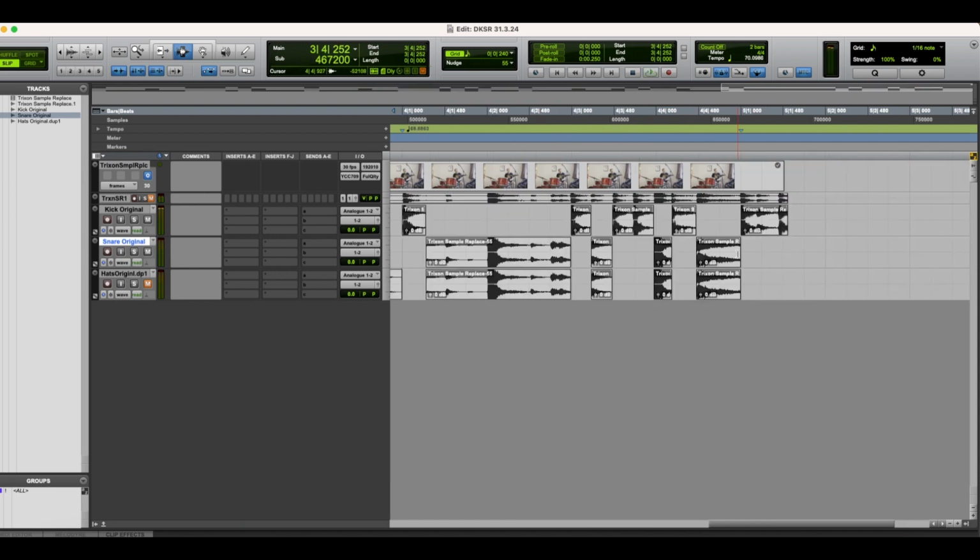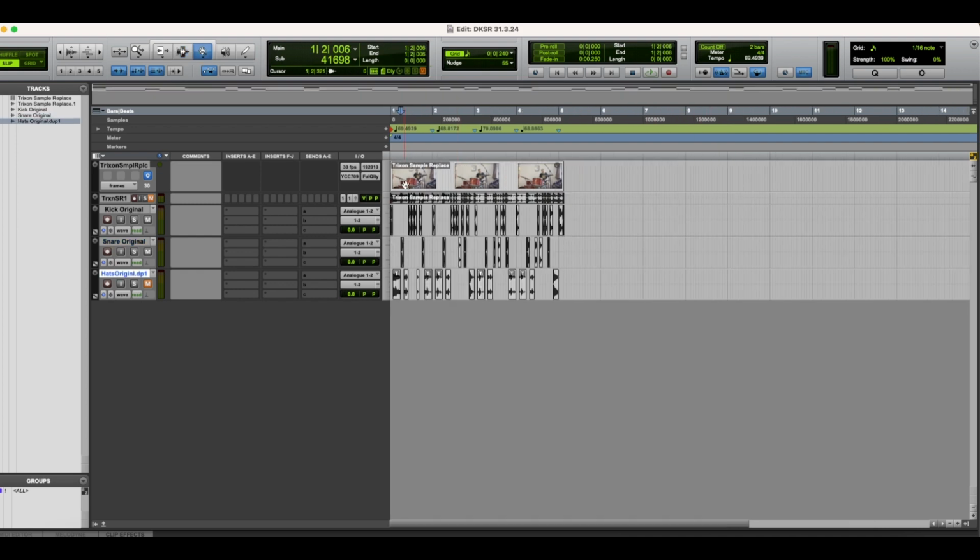Okay, so I'm separating these all out, so when I come to grab my samples, it's going to be way easier to just drop them in super quick. Okay, so now what I should have is I should have just the kicks. I should have just the snares. Just the hi-hats that are by themselves. Obviously there's hi-hats and snares playing, but